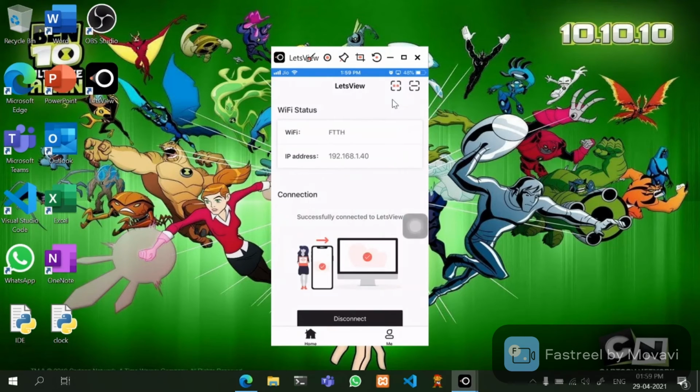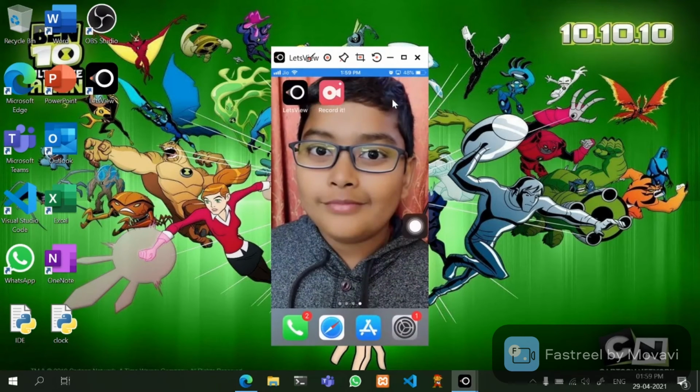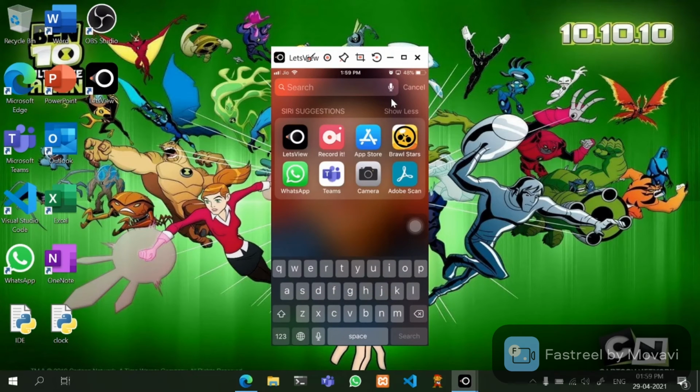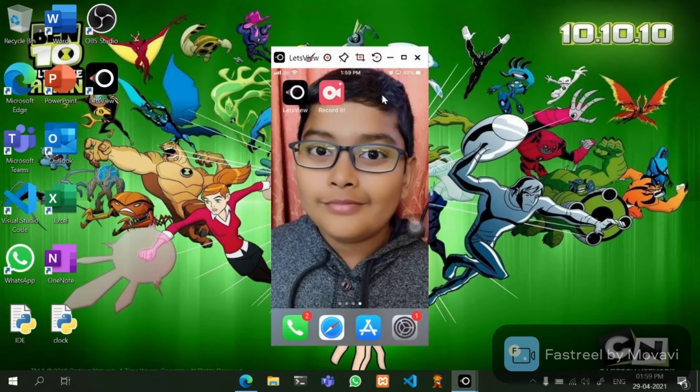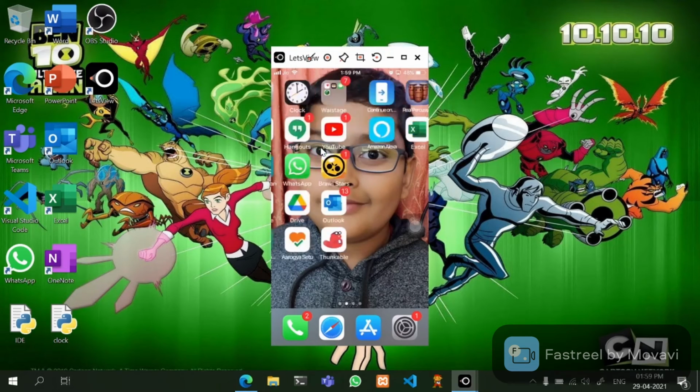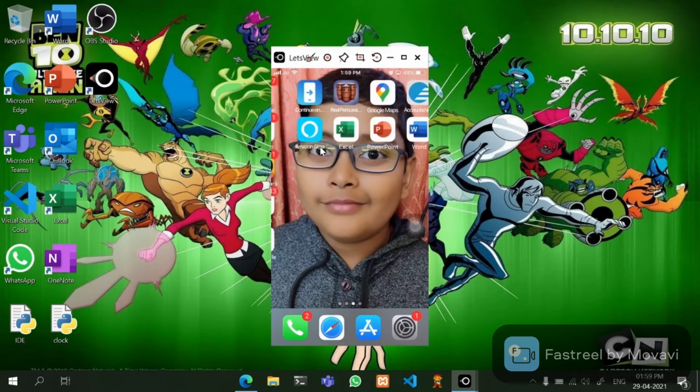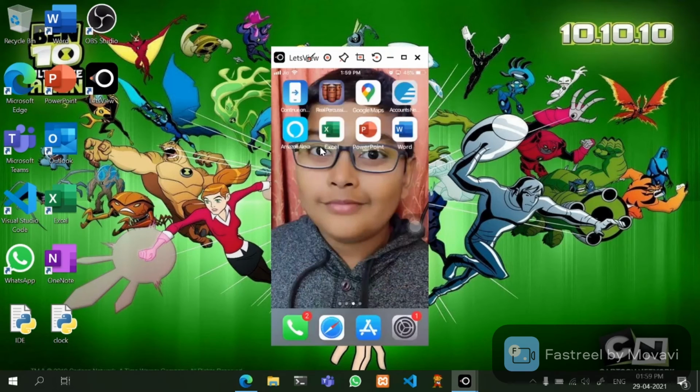So let's see. This is working very fluently, and it doesn't hang at all. You can do anything from your PC, and your phone is not going to hang. It is very fluent.